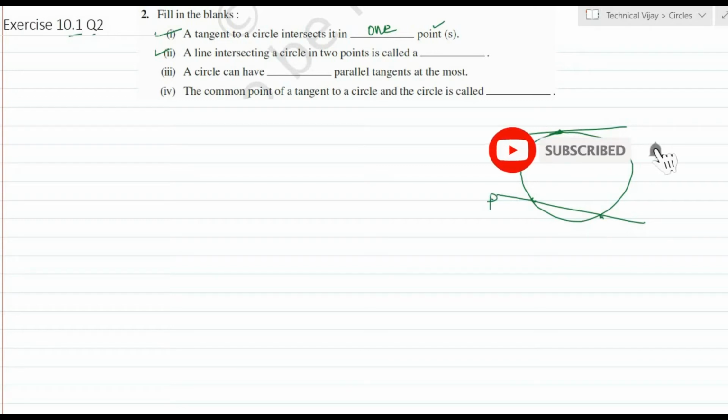Okay, the line is PQ and this line is intersecting the circle at point A and at point B. So this is called a secant of a circle. Secant of a circle means a line intersecting at 2 points. A chord is also touching at 2 points only, but it is within a circle. Okay, this is called a chord. This is the difference between chord and secant.